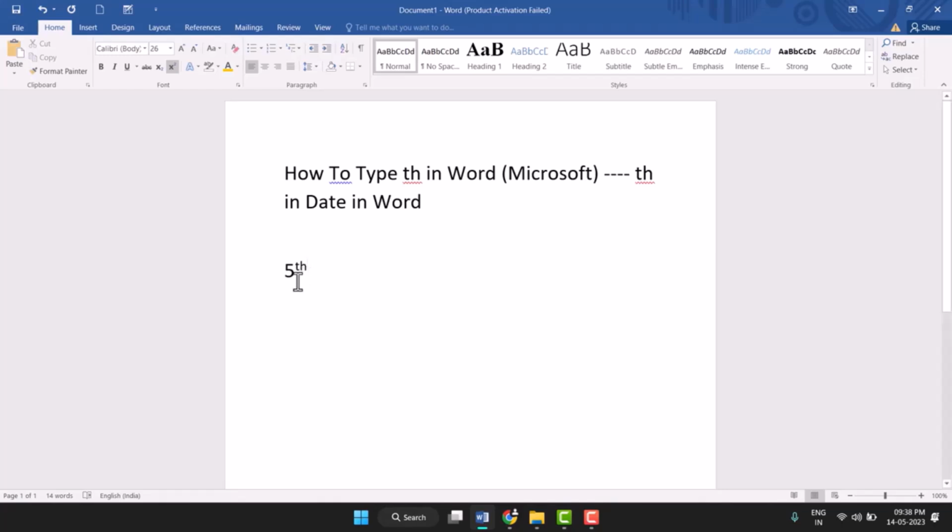So now you see this th will be running, this small letters will be typing. So how to turn off this? Again click on this superscript, so this is turned off, and now you can type normal letters, and the shortcut is